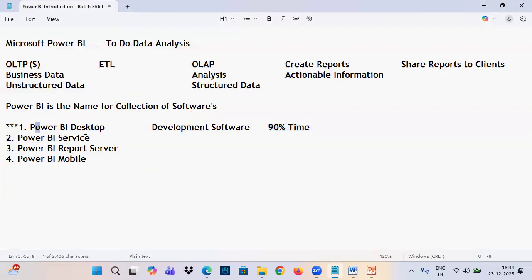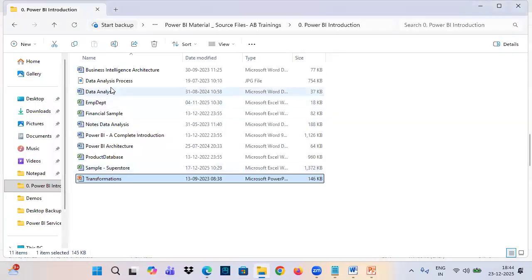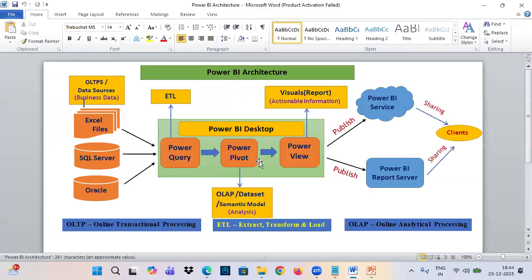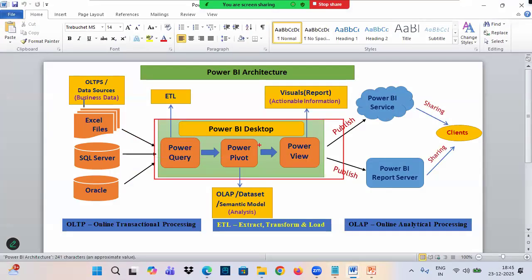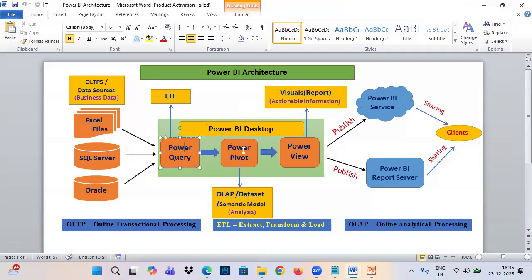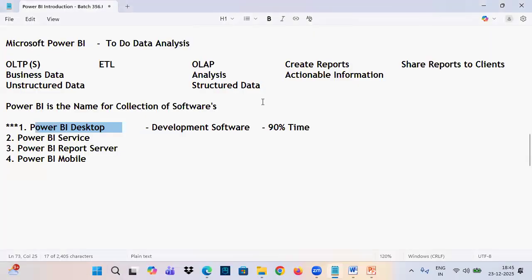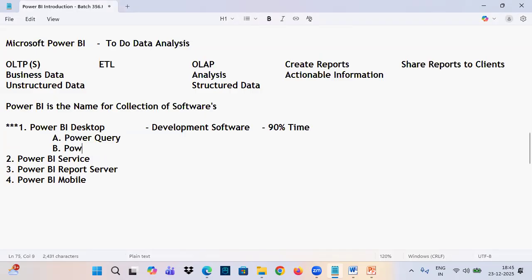Okay. Now try to understand this Power BI Desktop. I'll open another image here, the Power BI architecture image. This is Power BI Desktop. Power BI Desktop internally contains three more softwares: Power Query, Power Pivot, Power View. Write them down. Power BI Desktop contains the first software as Power Query. The second software is Power Pivot. The third software is